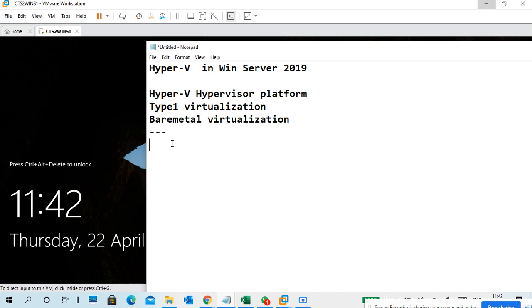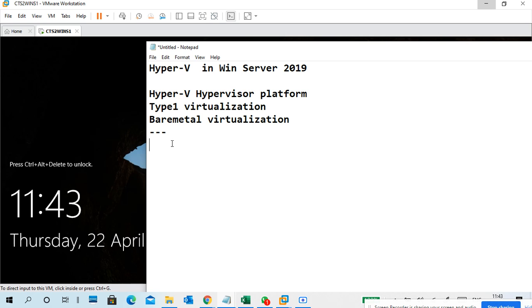Inside VMware vSphere, we created a virtual machine and accessed it remotely, right? If you want to see that again, I will show you, no problem. So a pure Hyper-V hypervisor platform means you don't have any kind of interface. There is only a very basic interface, type 1 virtualization only.